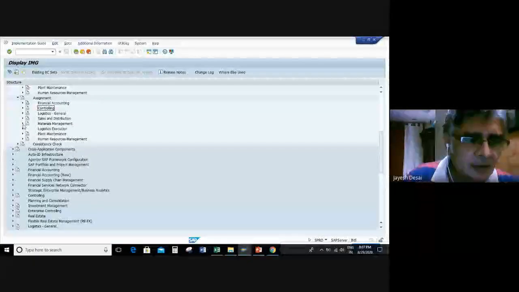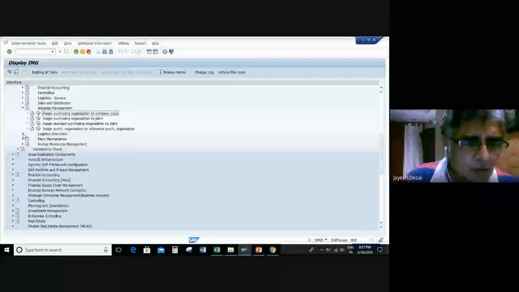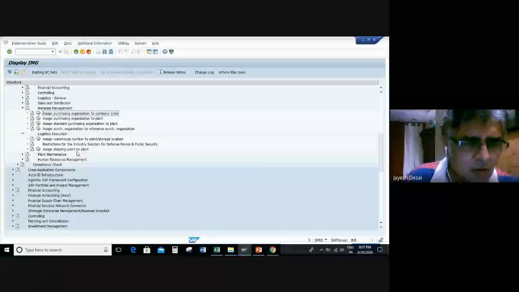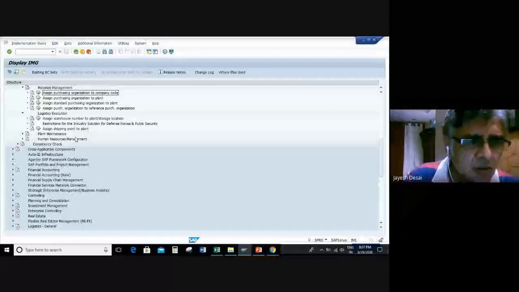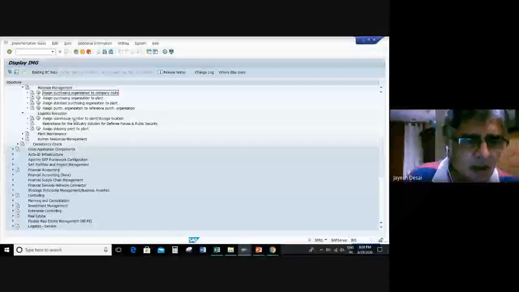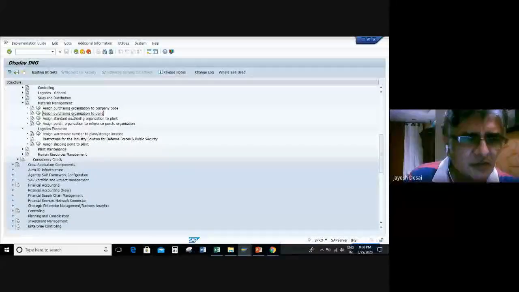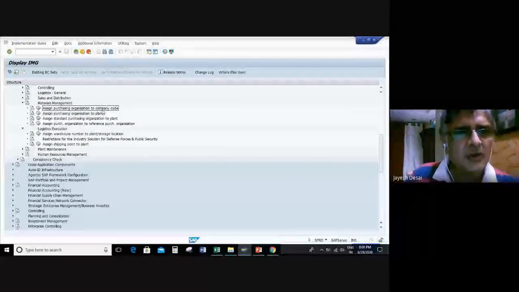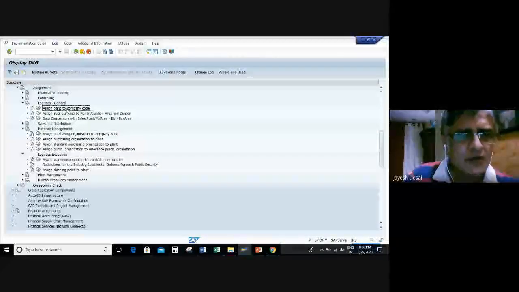And if you go to materials management, you can assign warehouse to plant storage locations, purchasing organization to plant, and purchasing organization to company code. You can do all these assignments, including assigning plant to company code.